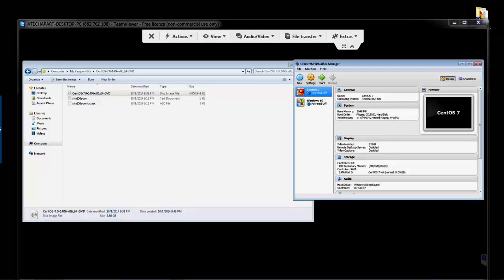We'll be setting up CentOS 7 on a virtual machine. I'm going to be using VirtualBox to create a virtual machine, and then we're going to install the CentOS 7 operating system inside that virtual machine. I have VirtualBox installed on a separate computer from the one that I'm currently on